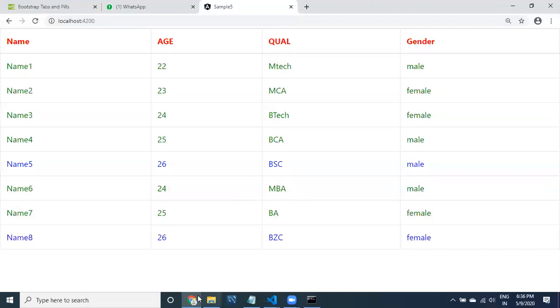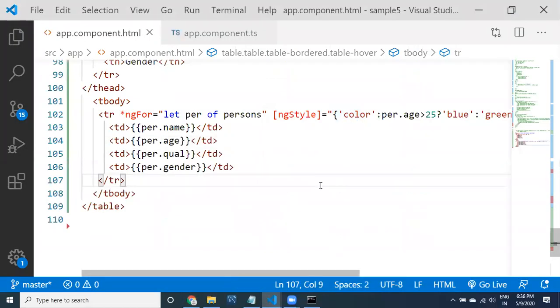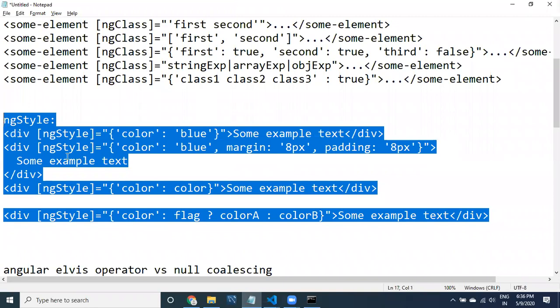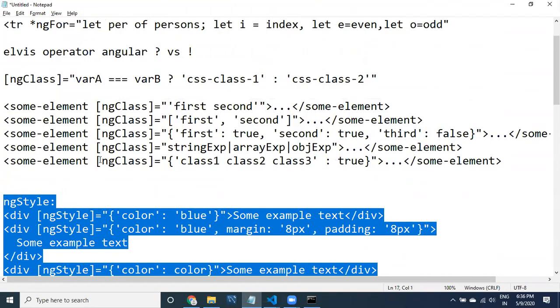Let me go to the next step. We came to know how to apply ng style. Let us go to ng class now. Ng class we can apply in more or less the same way.